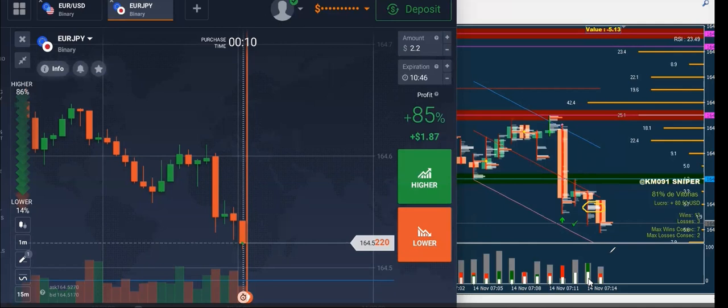Where to use the and? We have no space to use the and here. One reason and means two reasons. Second and means three reasons. So you should have at least two reasons to place the trade. Here we have only one reason to place a buy trade, so we haven't placed the buy trade here.